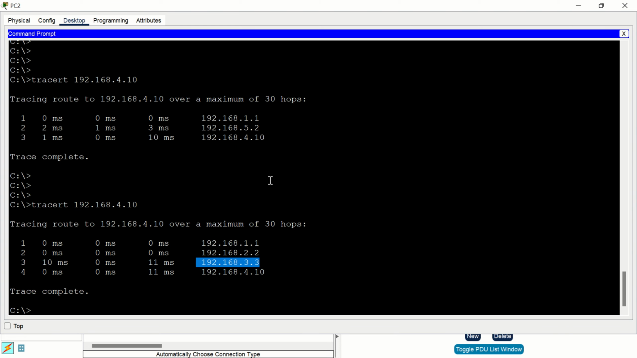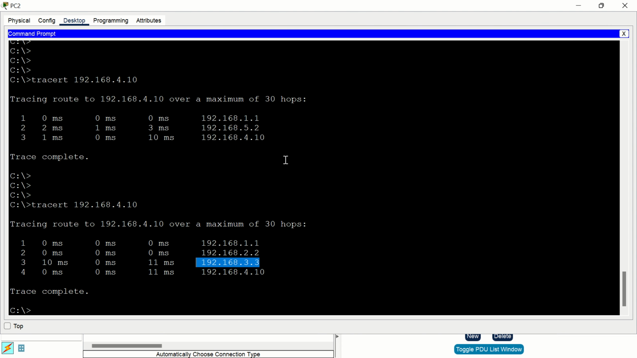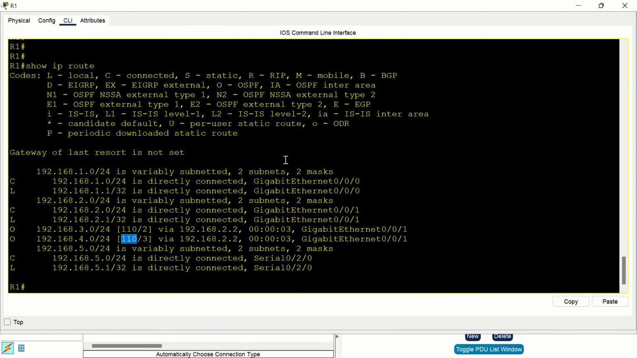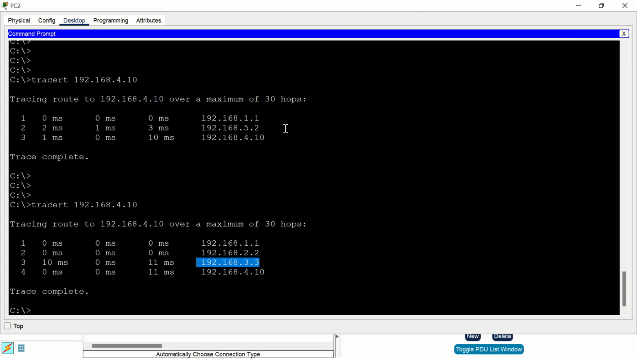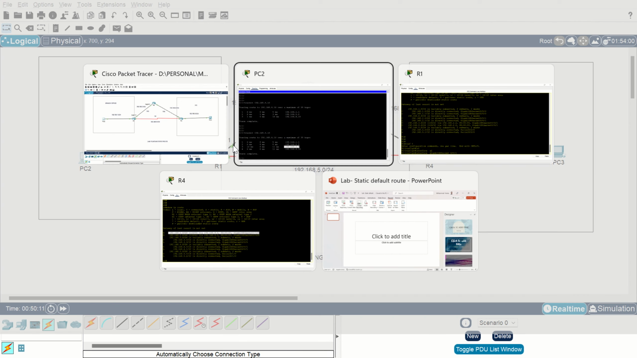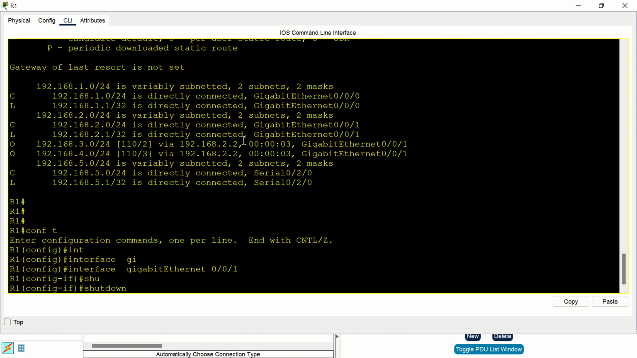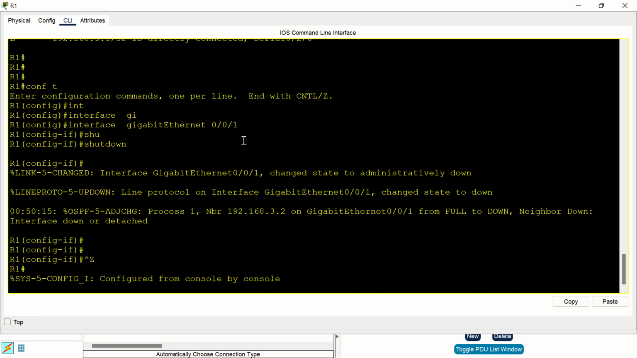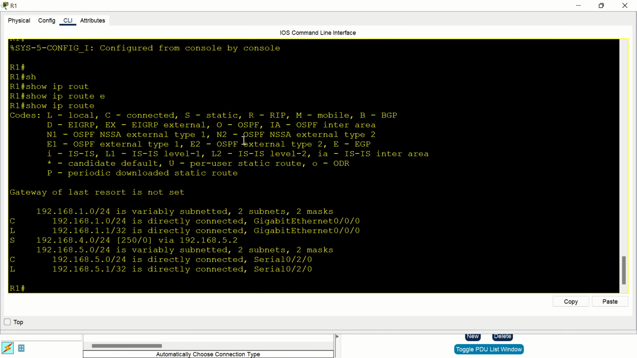Now let's go ahead and fail the link between R1 and R2 to see if the traffic goes to the 1G link. That is our main purpose. So I will hop on to R1 and shut the link. This is the link which we are going to shut, 0/0/0/0/1. So if we shut this link, the OSPF neighborship will go down and the IP routing table should point